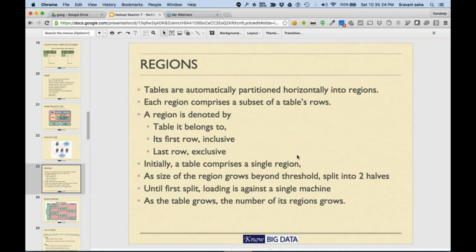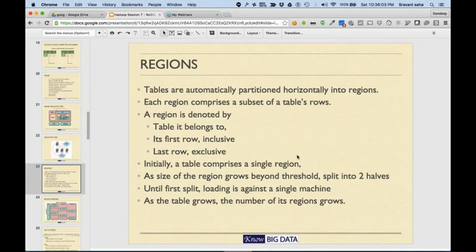Exactly the way each page in the Oxford Dictionary contains the range, as in from this word to this word, similarly, a region is denoted by the table it belongs to, and first row key inclusive and last row key exclusive, meaning if it says 1 to 10, that means the region will contain only up to 9,